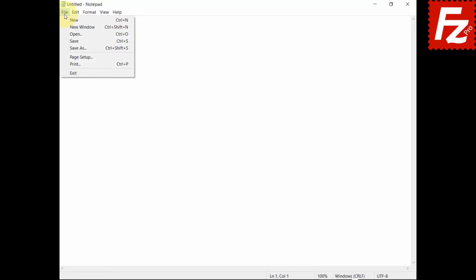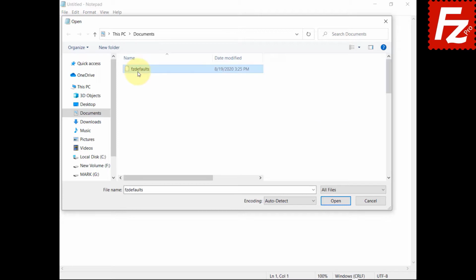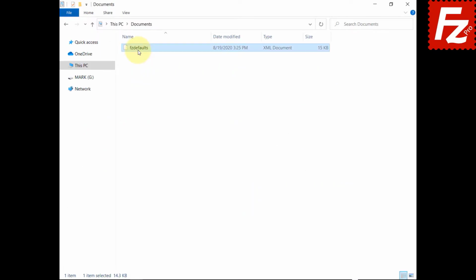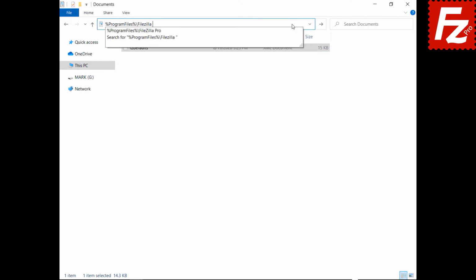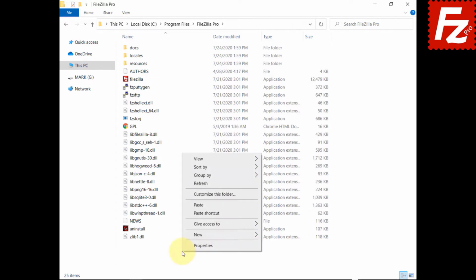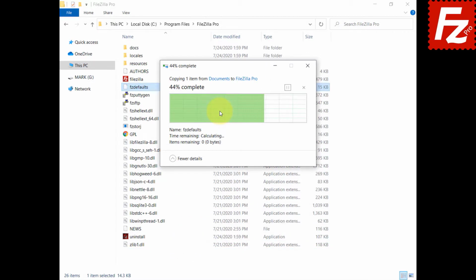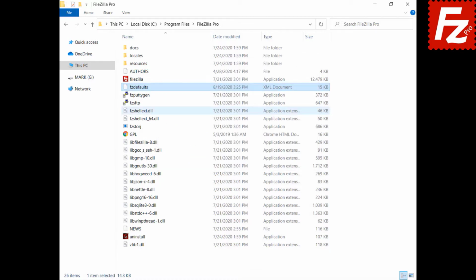Using a text editor, modify the sites and settings as you wish. Copy the fzdefaults file to the same directory where FileZilla is located. You may need to grant access to the destination folder. Now FileZilla or FileZilla Pro will load the settings from fzdefaults.xml. In this video, you learned how to configure the FileZilla Pro defaults file,